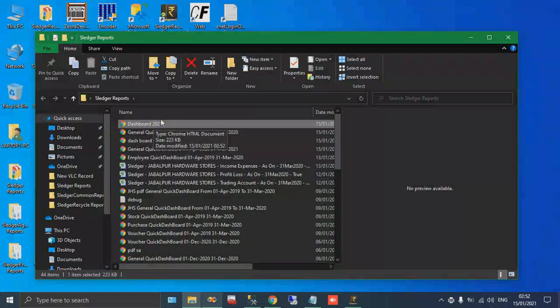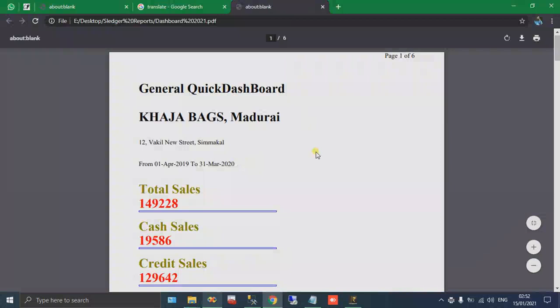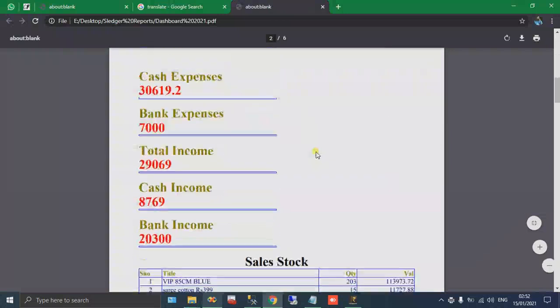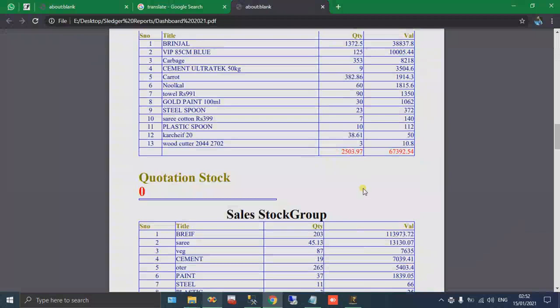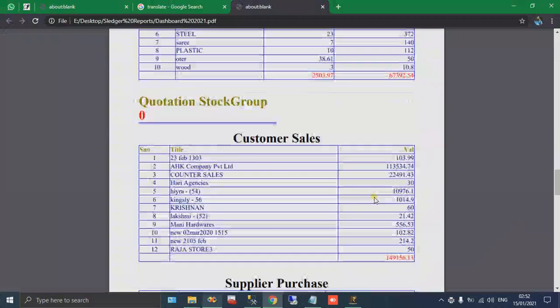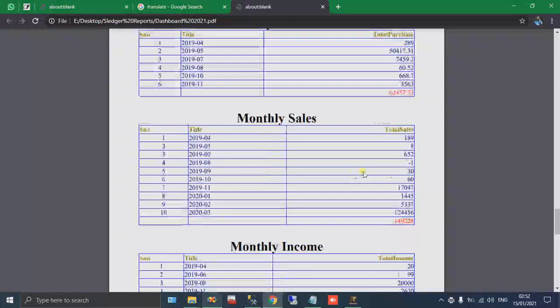Yeah, see, this file you can send to your customer as an attachment, or to your owner as a single day transaction summary. You could send them. So these are the facilities. If you feel anything is missing in this report, just let me know. We could add it. So that is the easiest thing we can do in this.